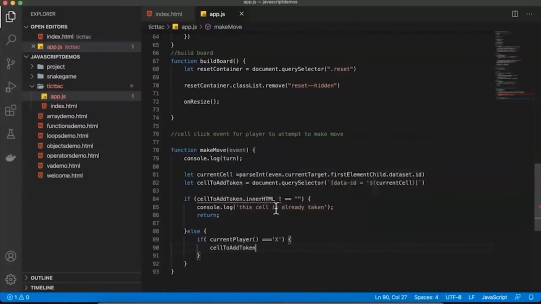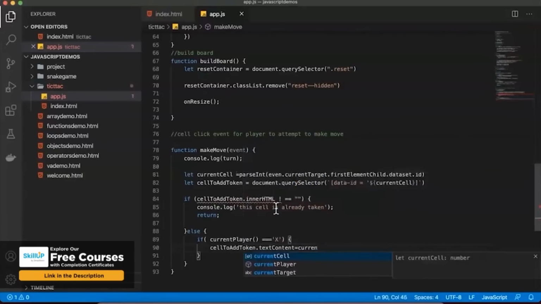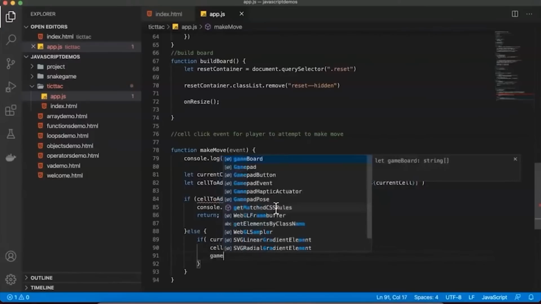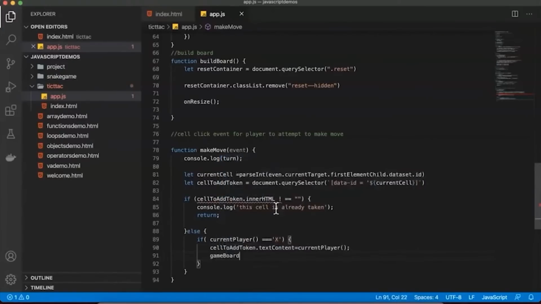So we are saying cellToAddToken.textContent equal to currentPlayer, and we say gameBoard, the one which you have created, pass in this gameBoard the value currentCell, and this currentCell value will be equal to x. Else